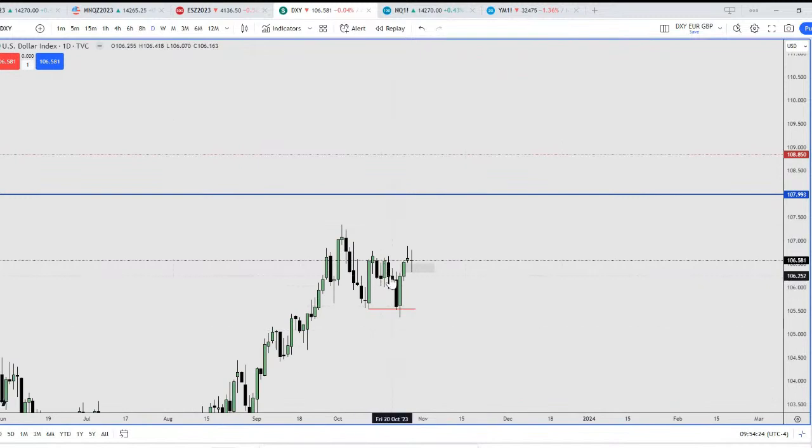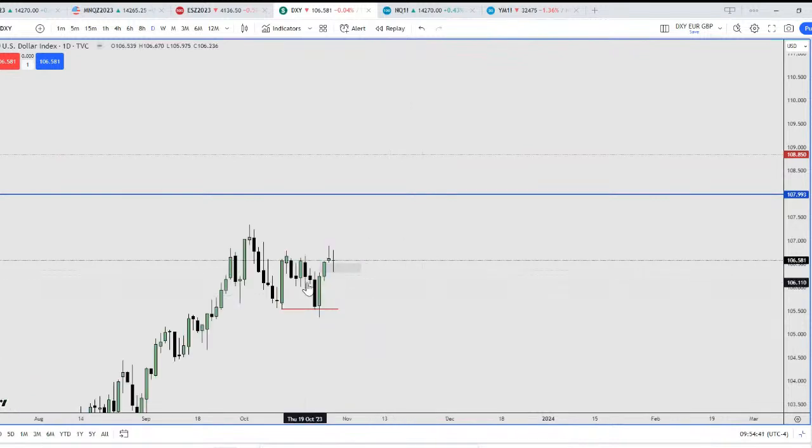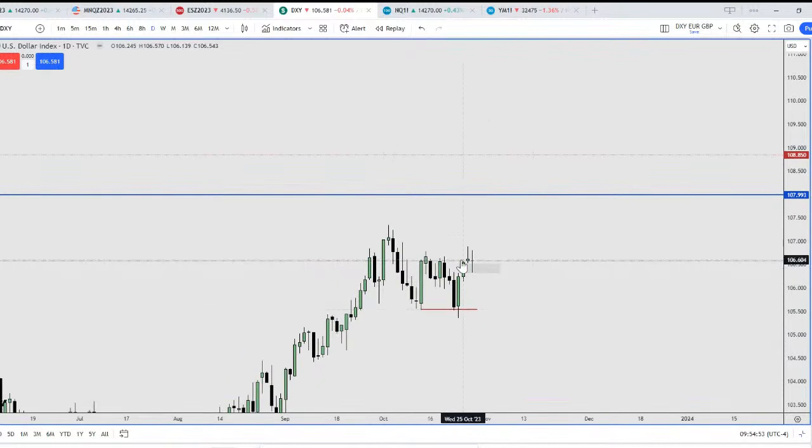For dollar, quite an uneventful week. I was anticipating distribution to the upside, but it gave a consolidation instead. So low probability markets, basically. I mean, not for the previous week, but for the previous month of October, because I was anticipating distribution in the month of October. So anyways, this is dollar.